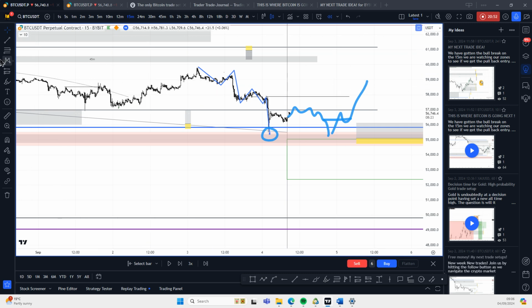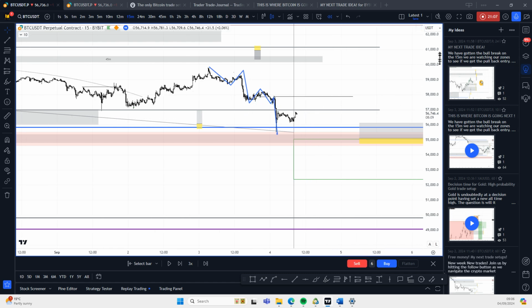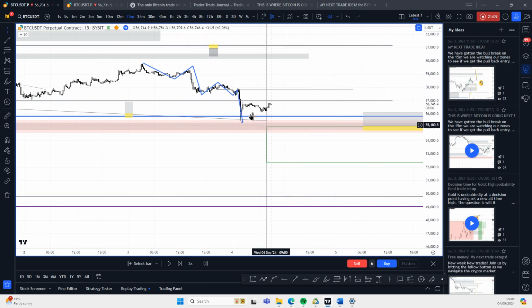Now, I'm not a magician. I do not know what price is going to do, but we can just plan and stack all the probabilities in our favor. But if that was to take place, I'm definitely going to be in there. All right. So right now we just have to be careful because we've had this flurry down. We have had this reaction off of the zone, but price could easily, because we haven't broken the structure yet,